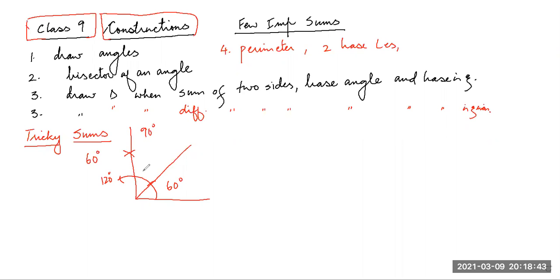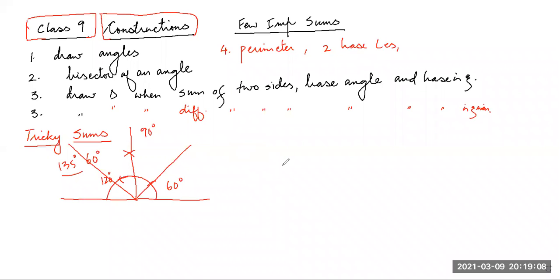If you bisect this 90-degree angle, you can get an angle of 45-degree. Bisect 60-degree, you can get an angle of 30-degree, like that. On this side, you will get 180-degree. If you bisect this, you will get another angle, so it will be 90 plus 45. That is, if you bisect this, it will be an angle of 135-degree. So this is how we draw the angles.